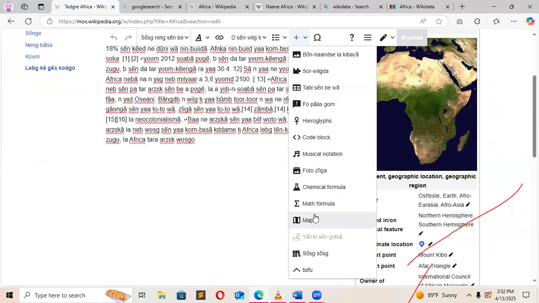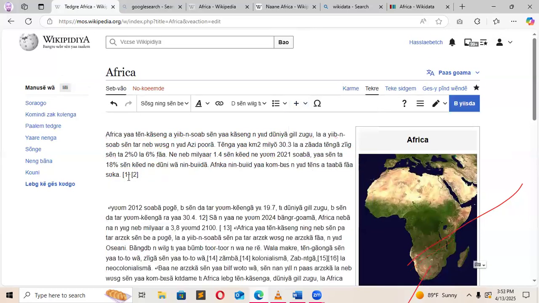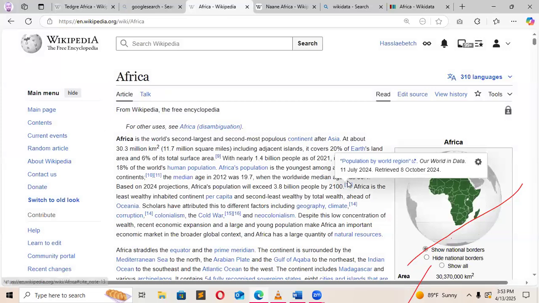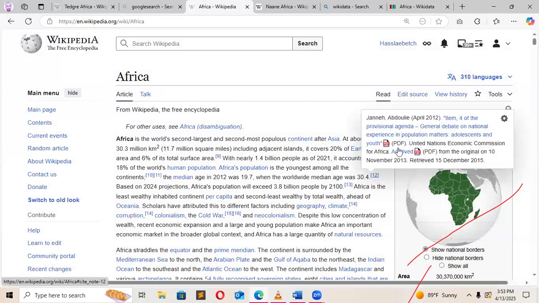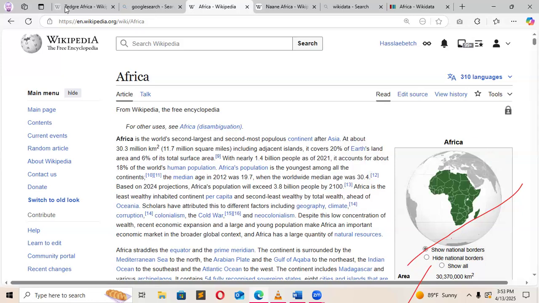So to cite these pages, I want to cite this one. We have 1, 2, that's where there's citation. Let me do it and see. Let me clean this one. I'll go to Africa. I think I want this one. The text. I'll put the cursor on it. No, rather this one. I'm looking for this. I'll put the cursor on it, go back to this, right click and copy the link. When I copy the link, I'll come back to my article.